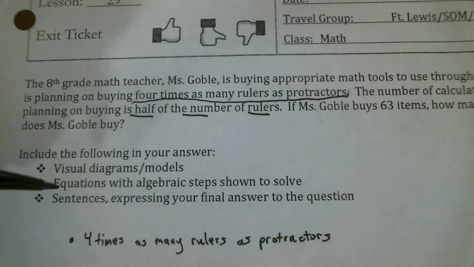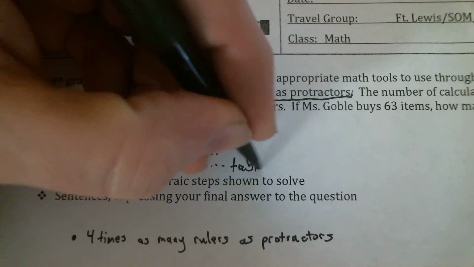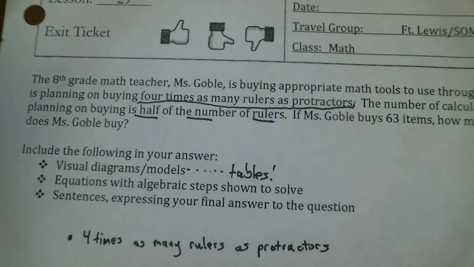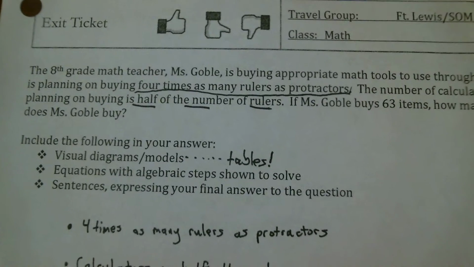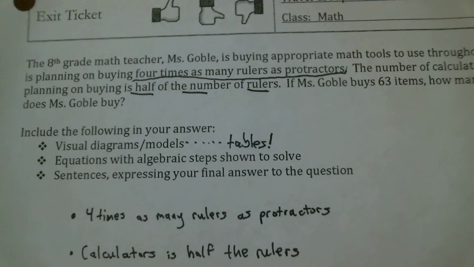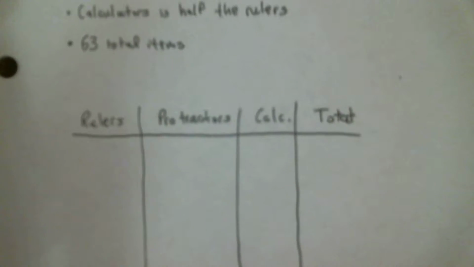We're asked to use some visual diagrams and models, which can include tables. If you didn't know that, I bet you could go back and try to solve this if you were a little stuck when you solved it the first time. And then it also wants you to use equations with algebraic steps to solve, and then sentences expressing your final answer. So what I did was I started by making a column of the 4 items that I